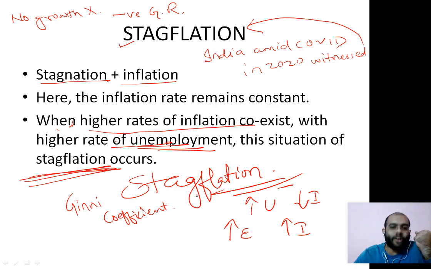If more people are unemployed, then definitely there will be less liquidity in the market. If there is less liquidity in the market, then definitely there will be decreasing inflation. Because money is not available with the people, then they will not generate that much demand, and if demand is absent from the economy, then definitely inflation will totter down.